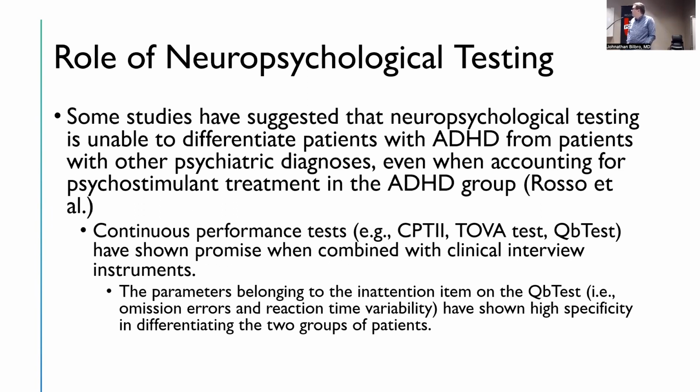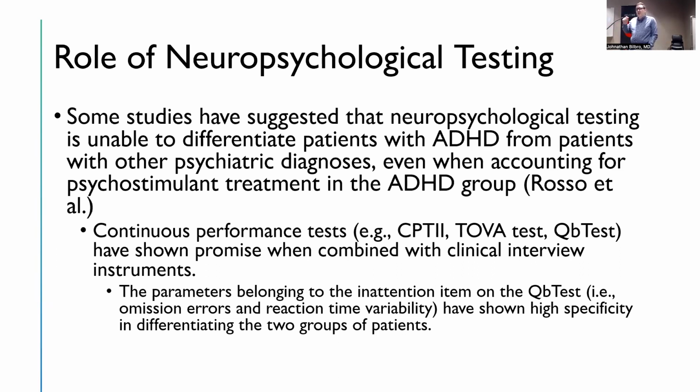test, which is also something I've had some experience with at the Student Health Clinic at the University of Kentucky. They used the QB test, and a continuous performance task generally is like a computerized test where the patient will sit in front of the computer and be presented with some kind of mundane task that they're going to do for an extended period of time. Some of them are like 14 minutes. I think there are others that are 20 plus. For example, letters might flash on the screen and they're supposed to hit the space bar every time they see the letter X.